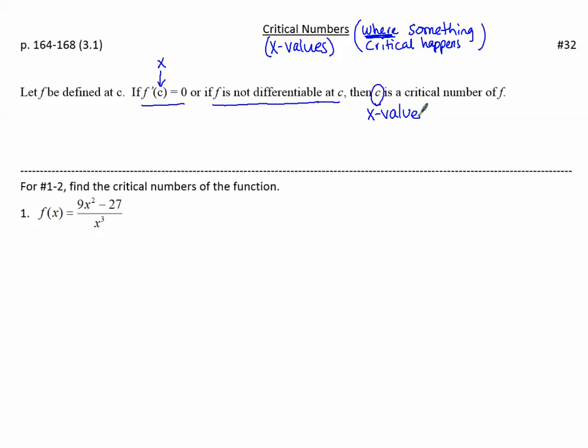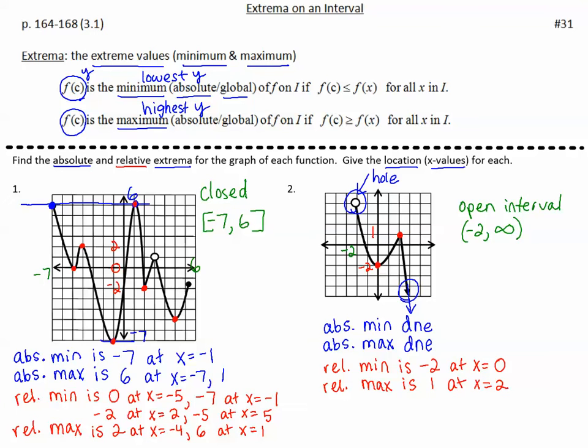Let's take a look back at the graphs that we talked about earlier. Where are critical things happening? Well, where there's a turning point is something critical. Where there's a hole is something critical. Where there is a sharp point is something critical. Notice at all of these points, either the slope is 0, the function does not exist, or there's a sharp point, so the